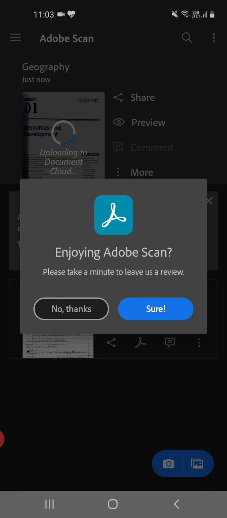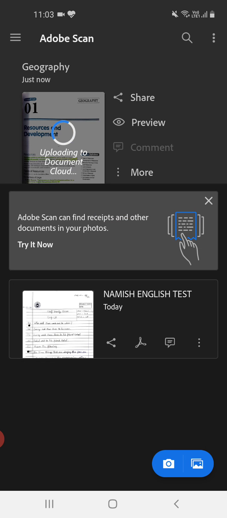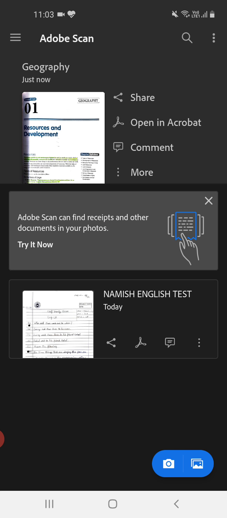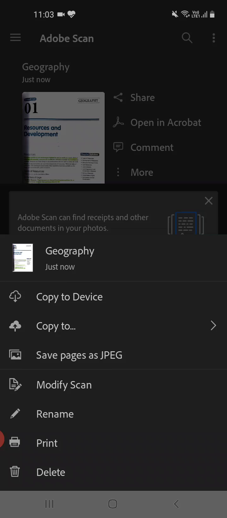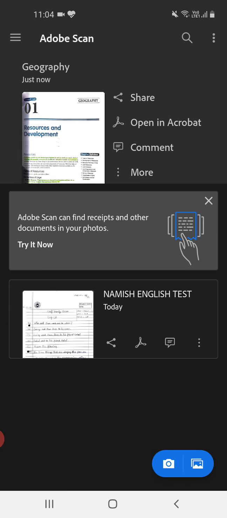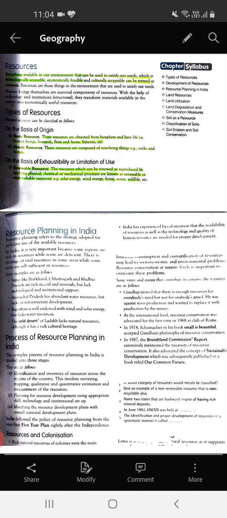click on the tick. After that, there are many options. For example, if the page is not clear, then you can delete it also. If everything is clear, then you can select the option that is save PDF. After selecting this option, this pop-up will show here. Then, no thanks, the PDF is being uploaded to the document. There are also numerous options. I can modify the scan, print it, delete, copy it, and many more other things are there also. If I want to only check it, then here we got this.